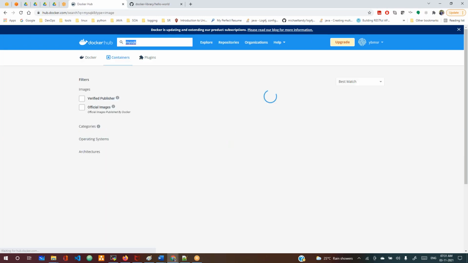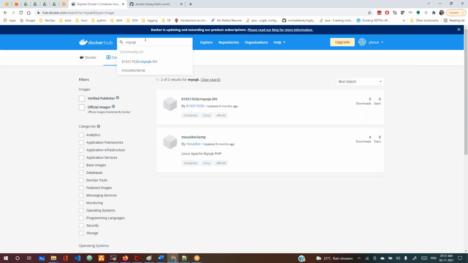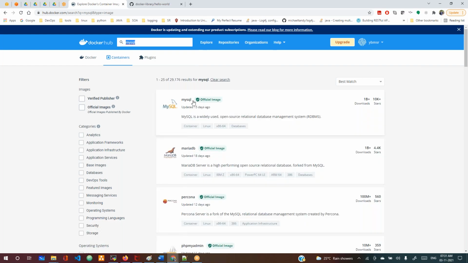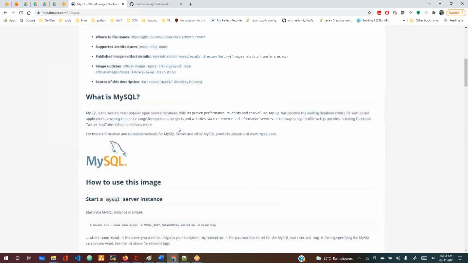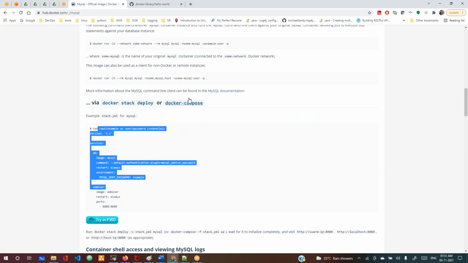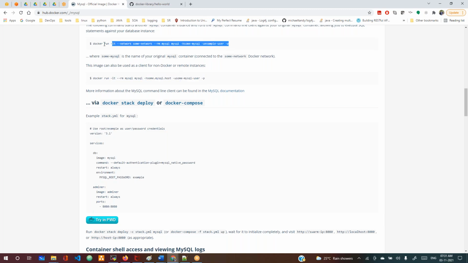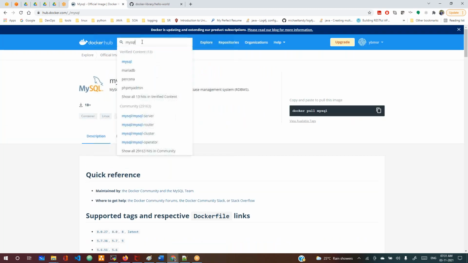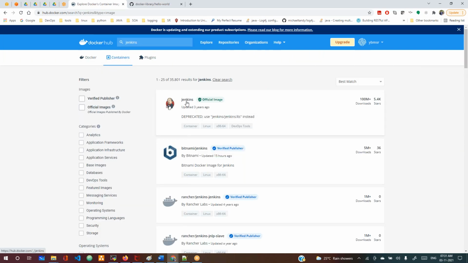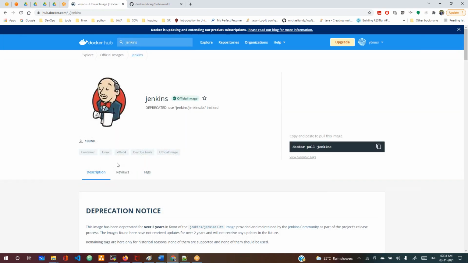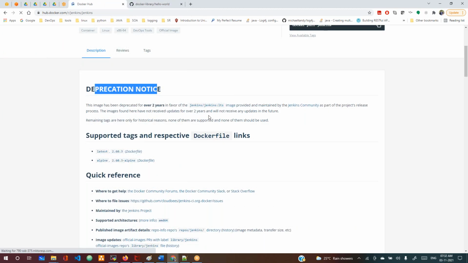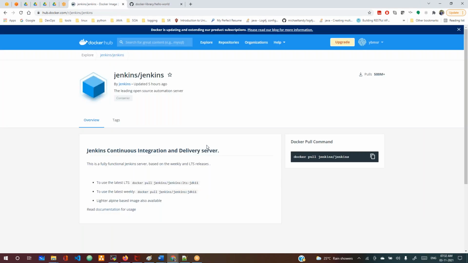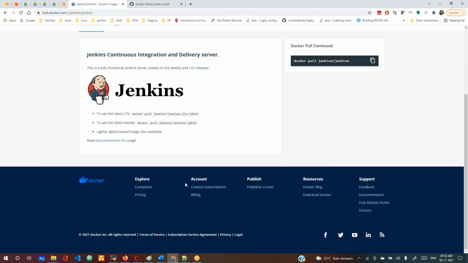If you take a MySQL image, how to run that MySQL, they will give that. It's a Docker Compose; this is not like a MySQL application. How to run that? Now, if you take, as for example, Jenkins, an image is also there. This is the official Jenkins, but there's a deprecation notice. Okay, now it was changed to this, Jenkins now. This is Jenkins LTS, long-term support. And if you see here,